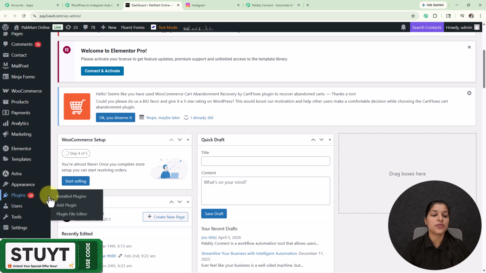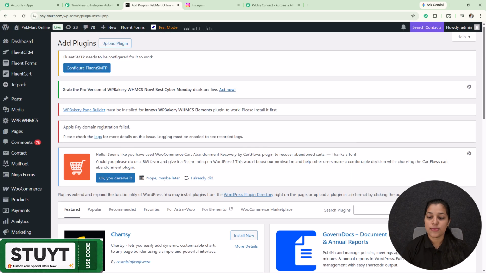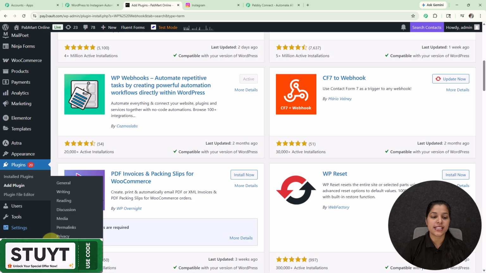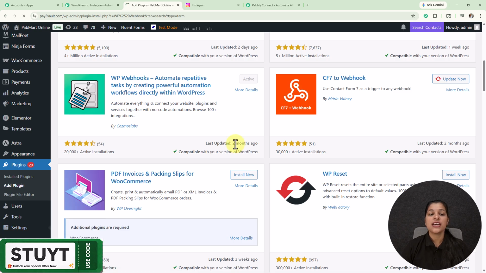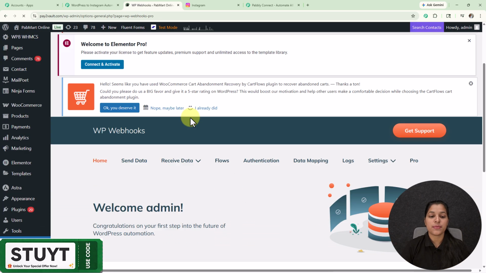So here I'm going to add a plugin, so I'm going to just select this add plugin, and here I'm going to search for a plugin, that is WP Webhooks. So here I'm going to search for it, and here you can see that this plugin is already installed. So by using this plugin I'm going to add the webhook URL. So now on the settings you can see we are getting this option for WP Webhooks, which you have to select. So make sure to firstly install this webhook, and here I'm landed to this page where you just have